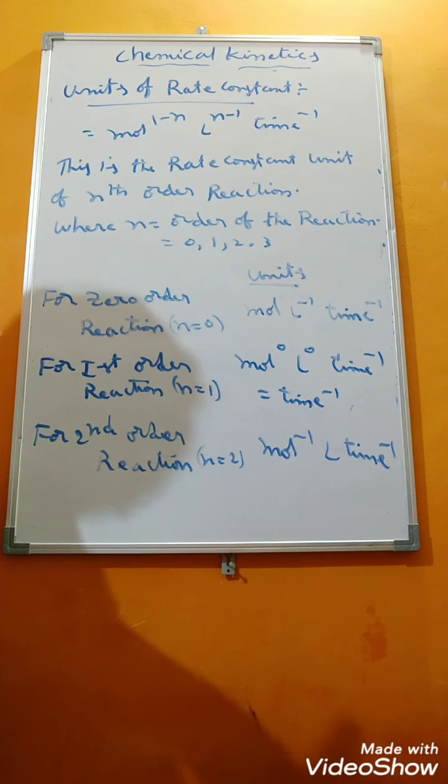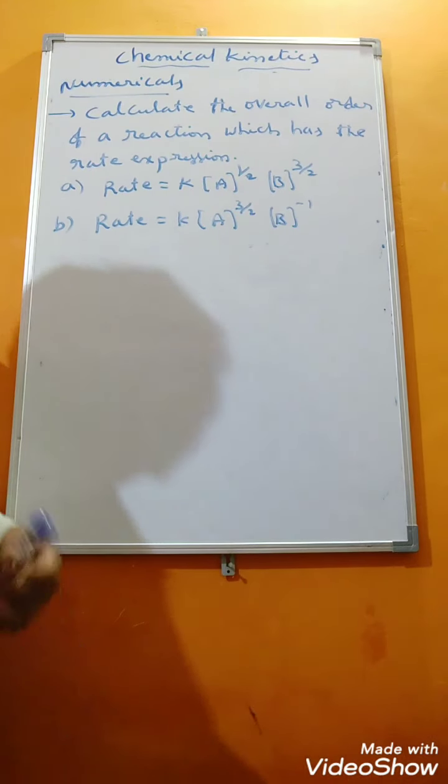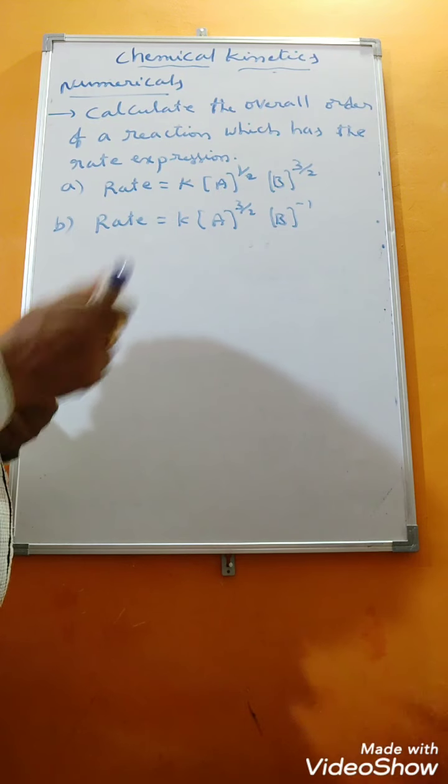This is the unit of second order reaction, students. Got it, everybody? How do we identify the units of rate constant of various orders of the reactions? If you want to calculate zero order, first order, second order reaction units, definitely we should have an idea about the nth order rate constant units. This is very, very important for 1 mark questions. Many times they have asked. Not only from the board point of view, it is important also for KSET level examination, students. And then we will see some of the numericals.